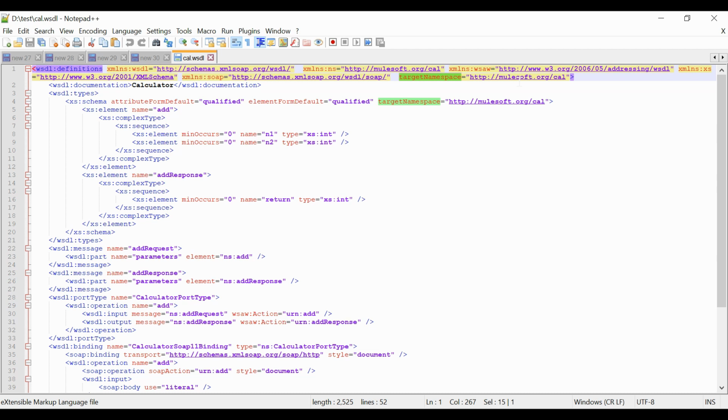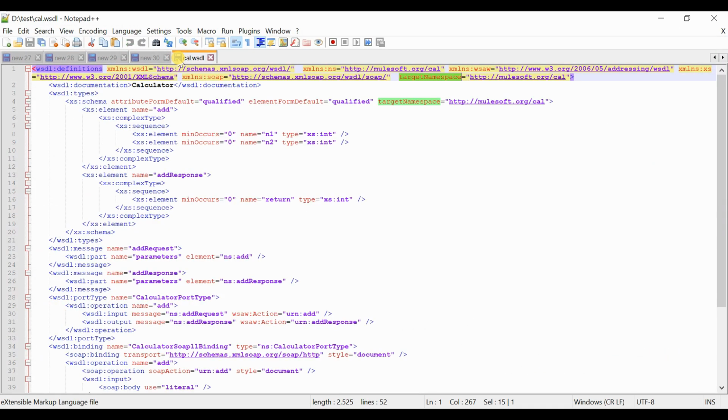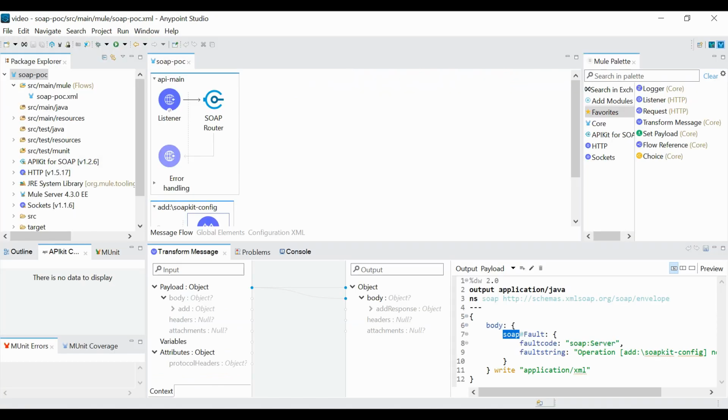Let's see in Anypoint Studio how we can define the response type in place of this fault message. First we need a body, and after that we will see what namespace we have defined. This is the namespace; I'll copy the same namespace here. In place of this SOAP I'll pass this namespace, and the name I'll give as kill.